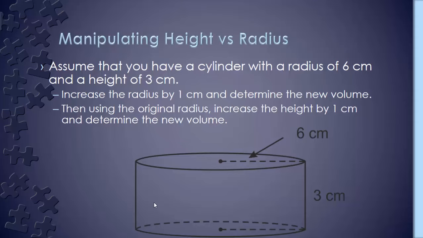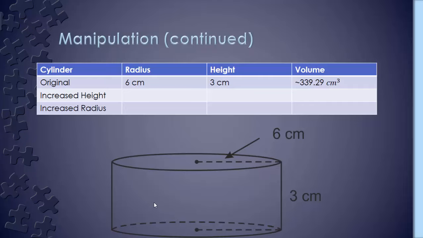Now, this final activity is very straightforward. We want to start with a cylinder that has a radius of 6 centimeters and a height of 3 centimeters. And we want to see what happens if we adjust the radius and the height of this cylinder by 1 unit, or 1 centimeter. And we want to see how this affects the volume of the cylinder. So again, we want to create a data chart. On our first row, which is already filled in, where we have a radius of 6 centimeters and a height of 3 centimeters, we have an approximate, that's what that squiggle line means, approximate. We have an approximate volume of